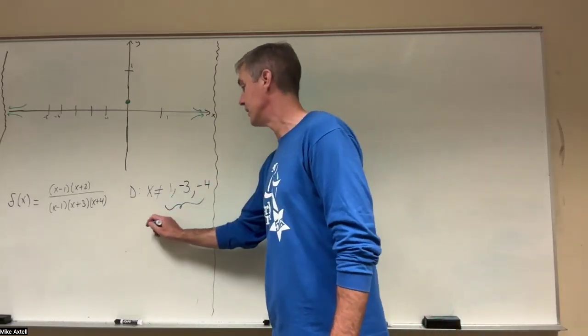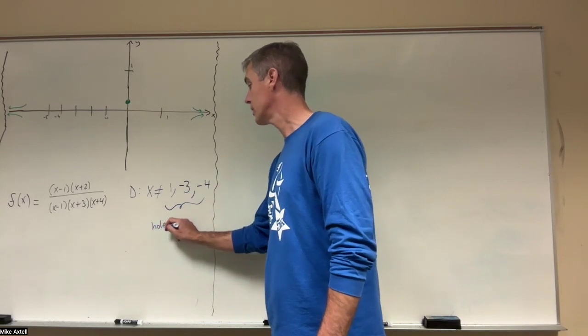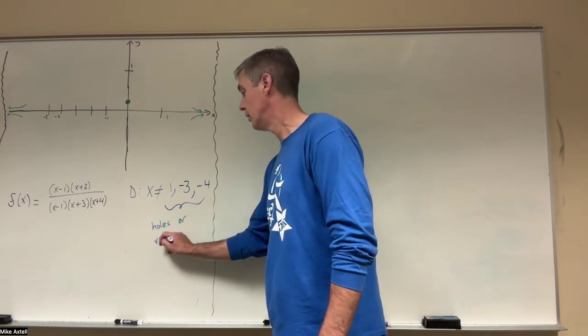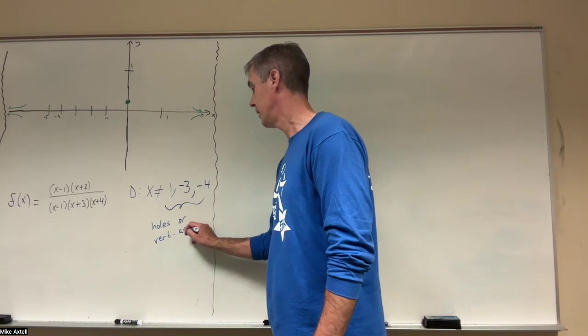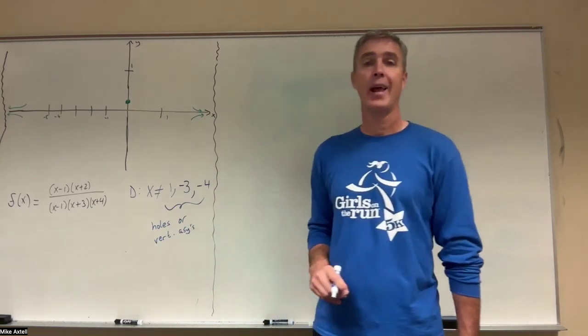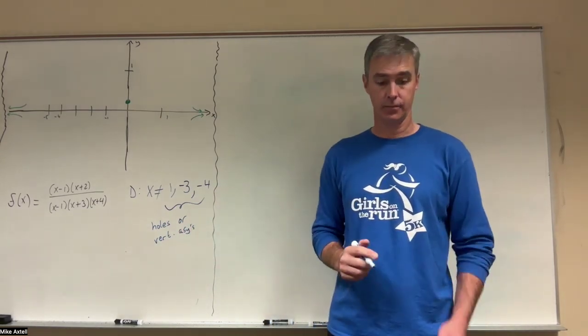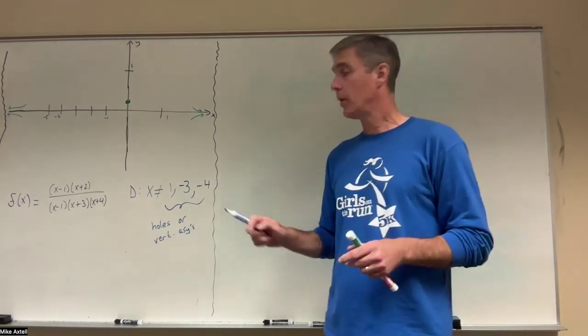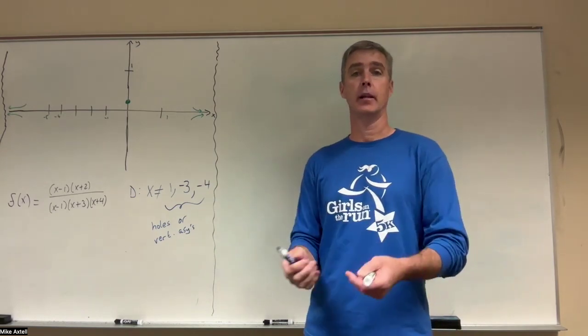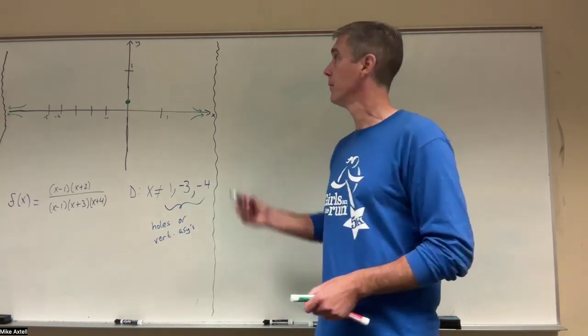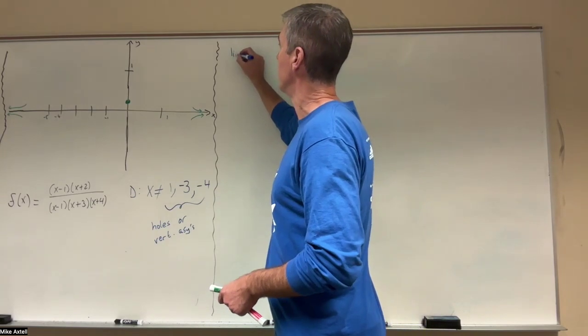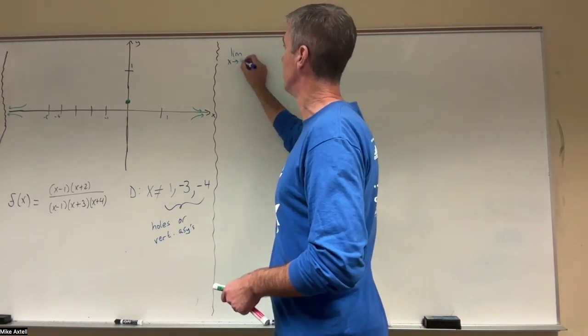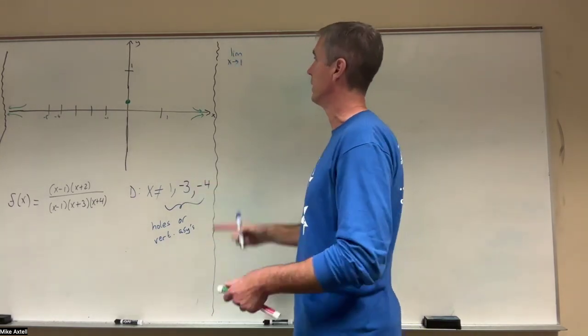I identify these because they're either going to be holes or vertical asymptotes, and I have to figure out which they are. So let's go up here and start with x equals 1. I'm going to figure out what each one is by taking the limit as I approach the trouble spot. So if I take the limit as x approaches 1,